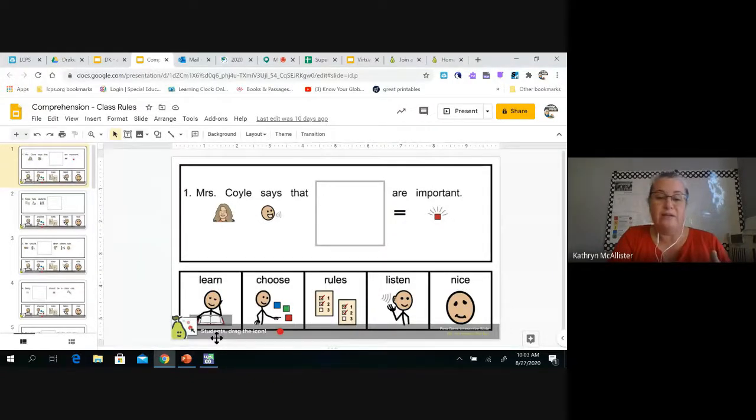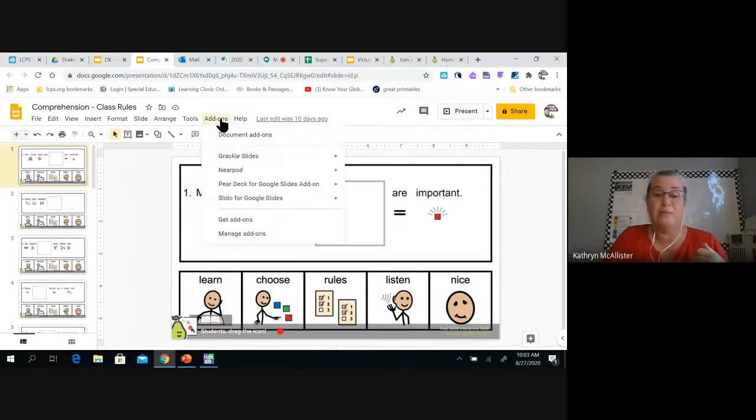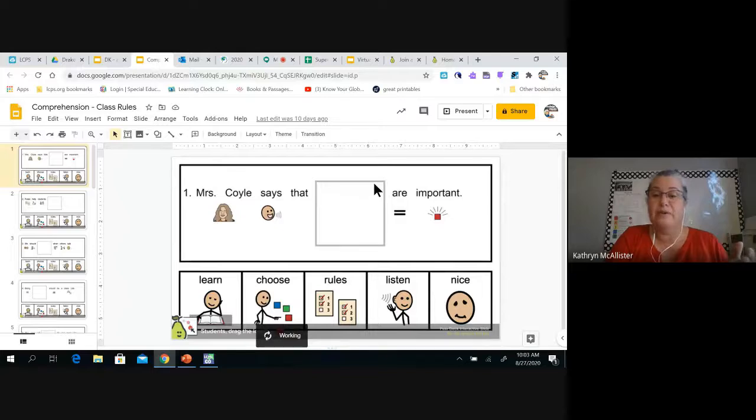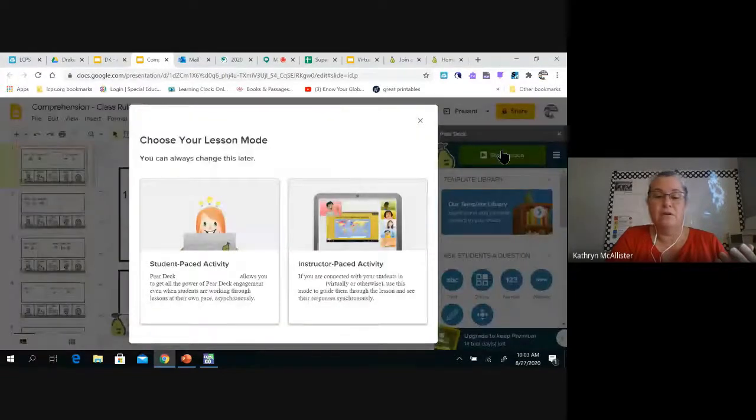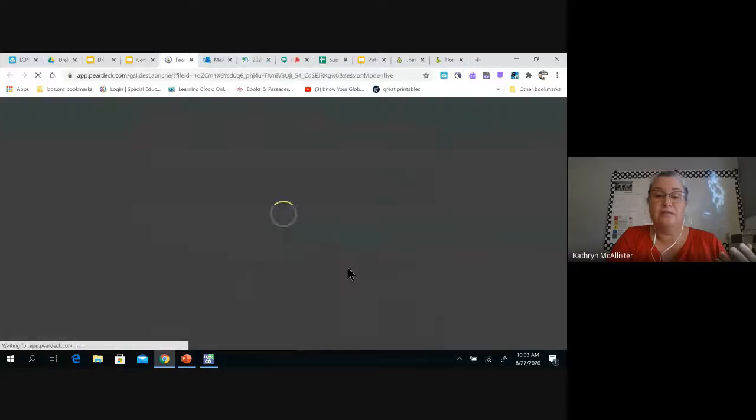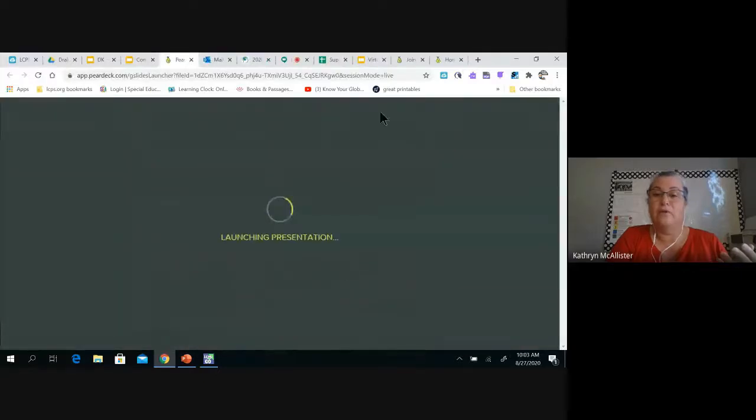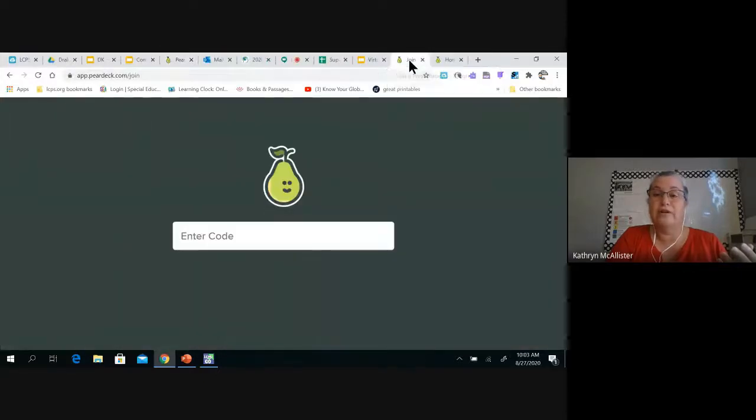And right now it says students can drag the icon. I'm looking at the teacher side. So what I want to show you is, this is something you'd have to look into, but I'm going to open Pear Deck because I already have this set up. It's going to create a code. And what the students do is they put a code in. I'm going to start the lesson. I'm going to make it instructor paced. And what the students do is they go over here to